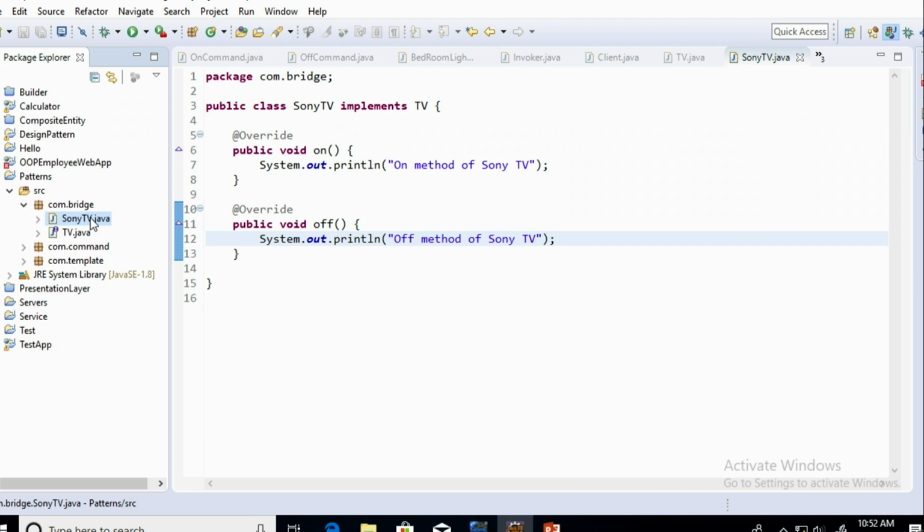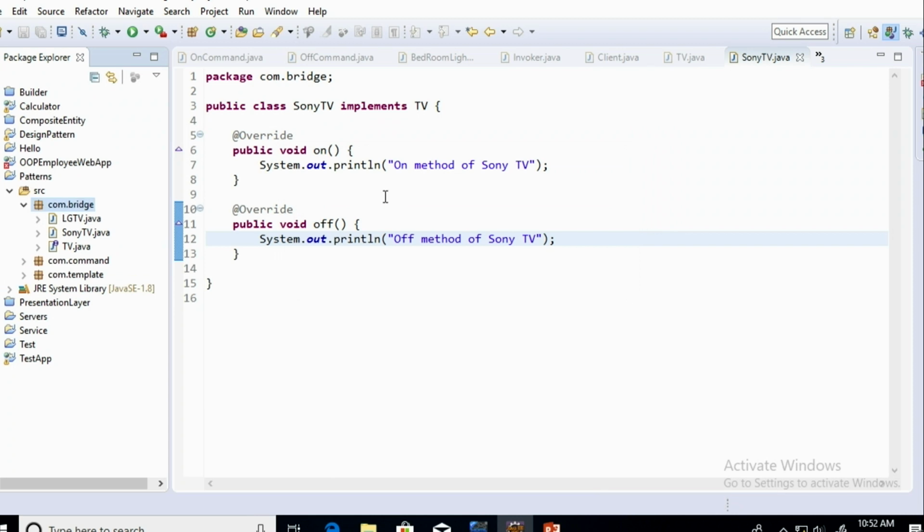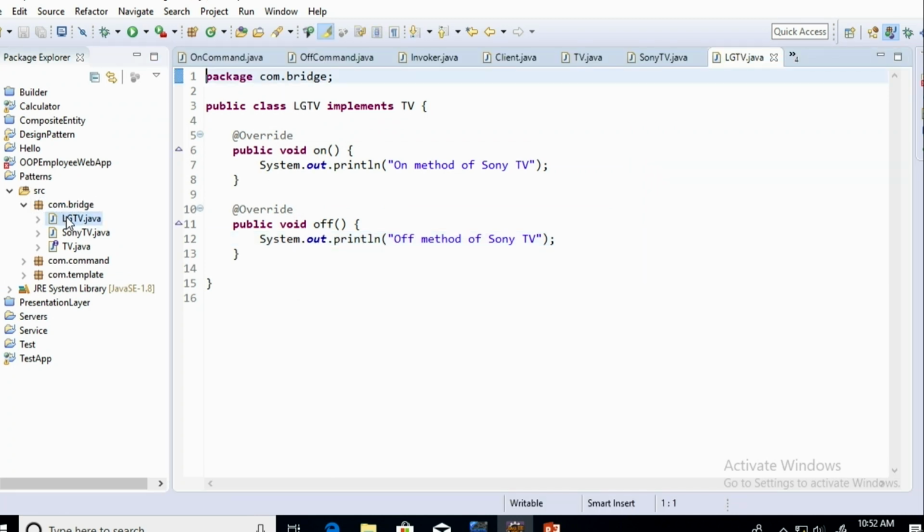So I'm going to get a copy of the same class and implement the LG TV. Now it has its own algorithm within there, right?